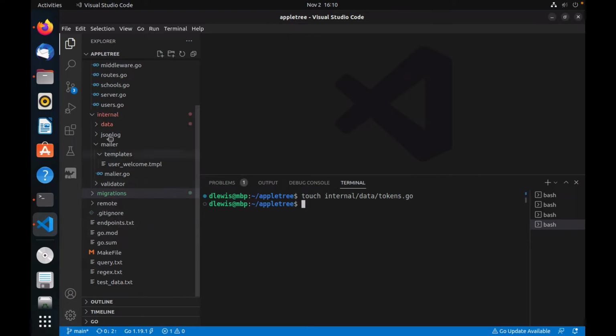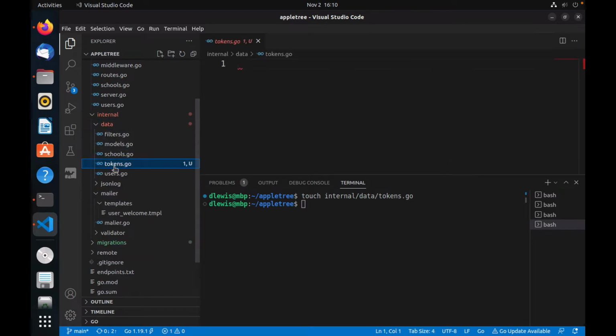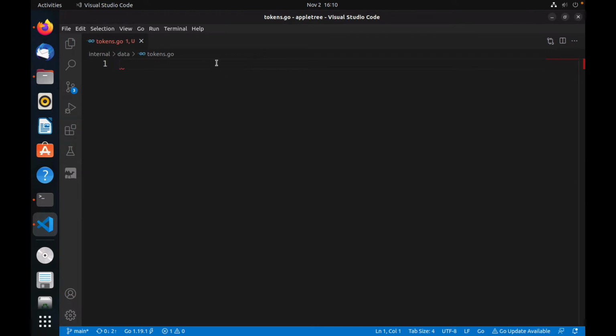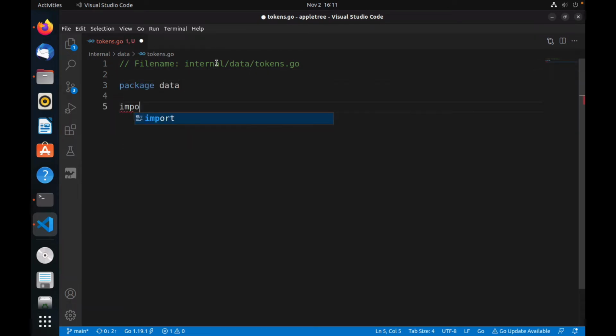Okay, so where is that? Okay, right here, tokens.go. So in this file, we will specify what it means to be a token. So let's just say file name, internal/data/tokens.go. Okay, so it's a part of package data, and there are a few things we need to import because